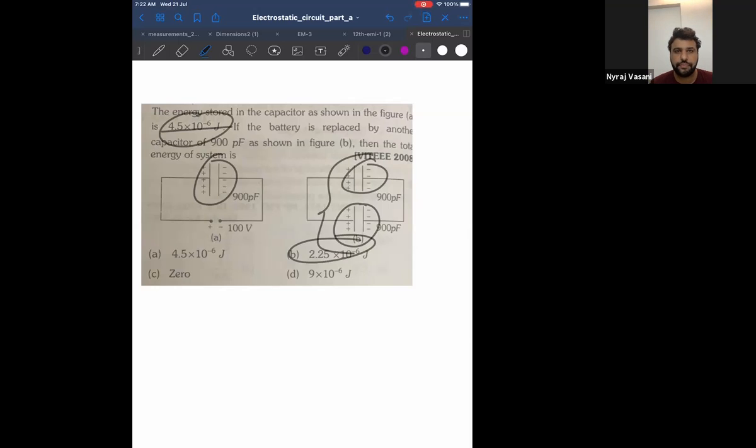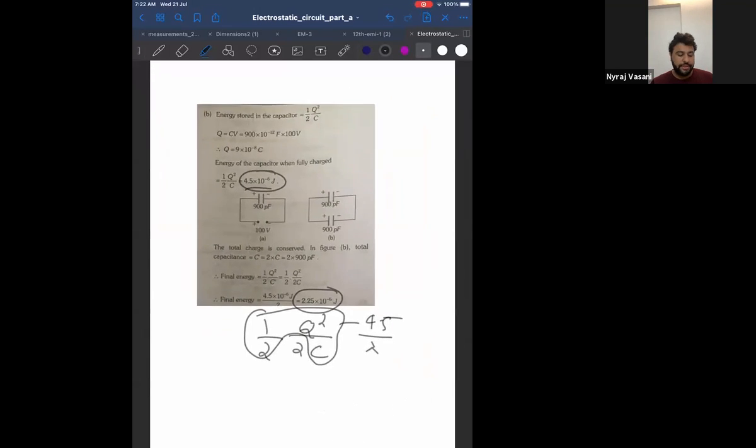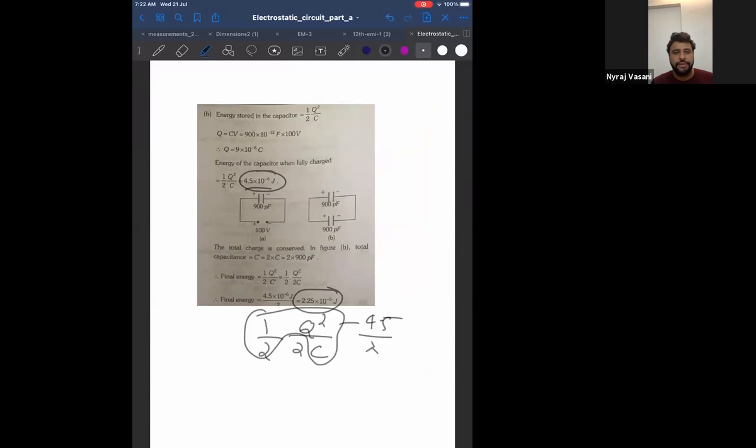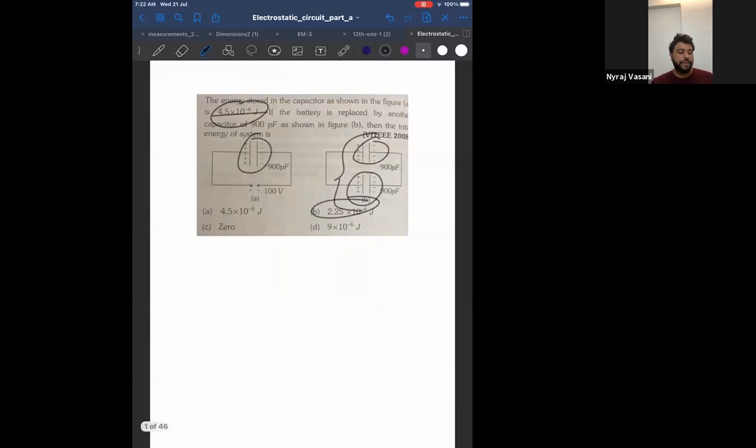Understood? So look at the screen. Instead of doing this long cut, where you find energy in the first case, find energy in the second case, use the law of conservation of energy. Look at the logic. In the first case, there is only one capacitor. I have some energy. Now that energy has to be divided between two capacitors. Are the two capacitors having the same value? Yes. So can I say the energy will be equally divided? Therefore, I can directly say the answer is B. Just check. Energy divided by 2.